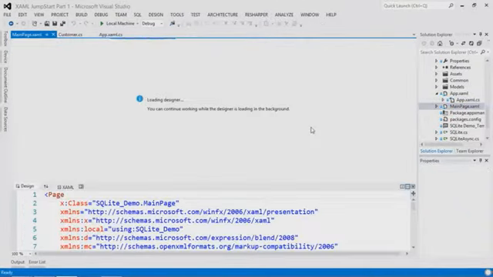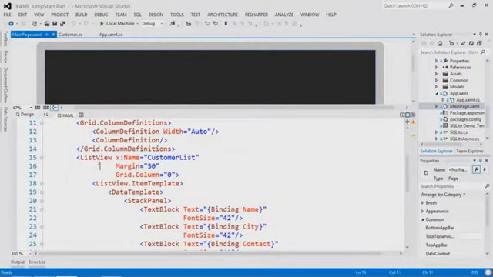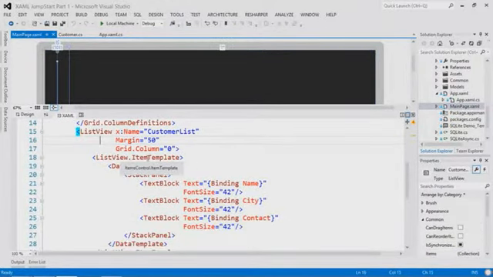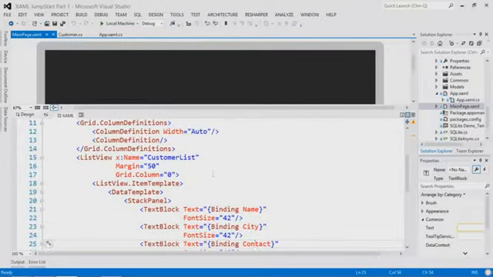If we come into the main page, if we look at the XAML, all we have going on here is a very simple UI that has a list view. So a repeater. Yep, and we have our item template, which is matched up for each of the items. We're binding it to name, city, and contact. Nice. If we look at the code behind,